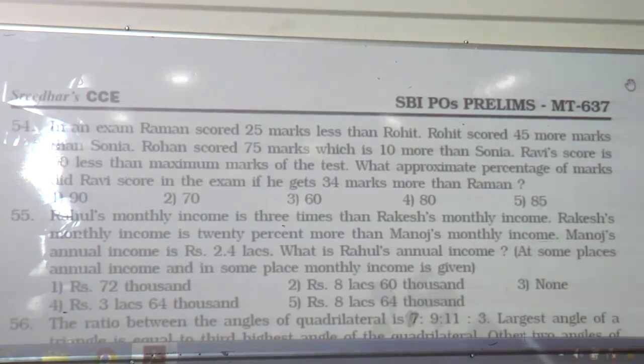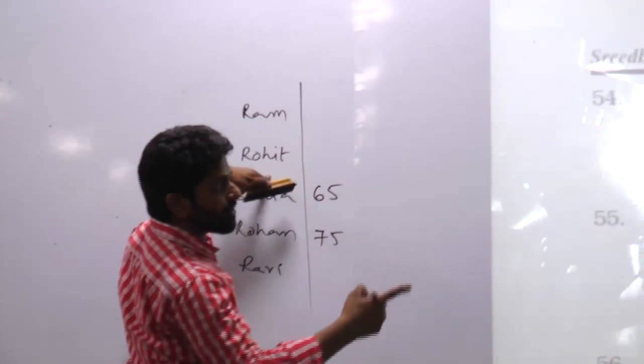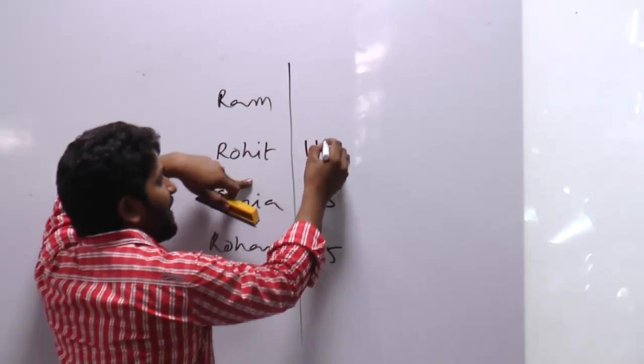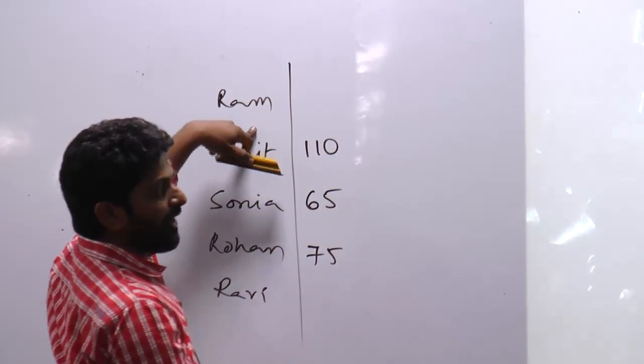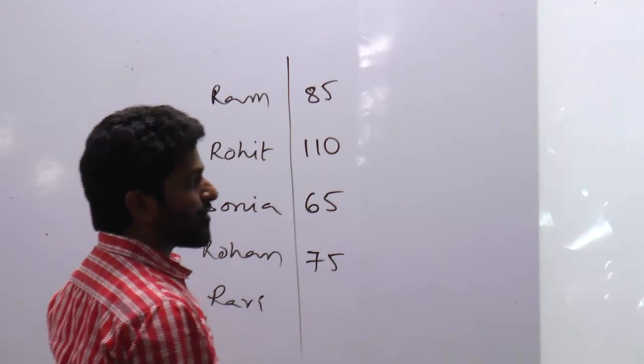Now, Raman scored 25 less than Rohit. So, if you know Rohit, then you can fill Raman. Rohit scored 45 marks more than Sonia. Rohit depends on Sonia. Rohan scored 75 marks, which is 10 more than Sonia. So, indirectly it says Sonia got 65 and Rohit scores 45 more than this. So, it is 110. Raman scored 25 less than this, which is 85, and Ravi scores